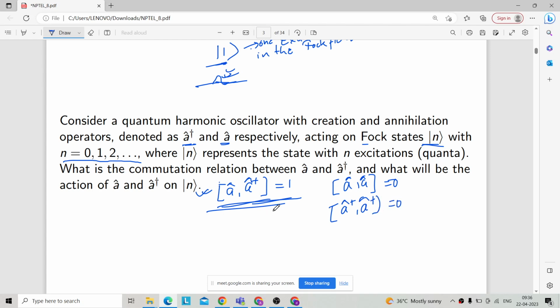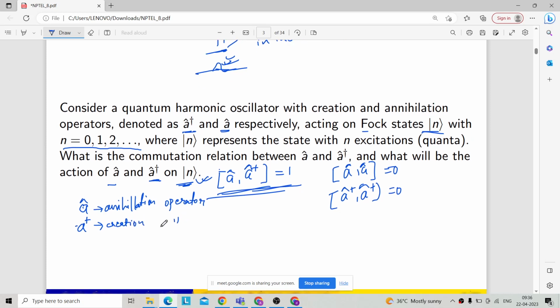Right. Then, what will be the action of A and A dagger on this Fock state n? As you might know, A is the annihilation operator and A dagger is the creation operator. So what does this annihilation operator do? This annihilation operator means